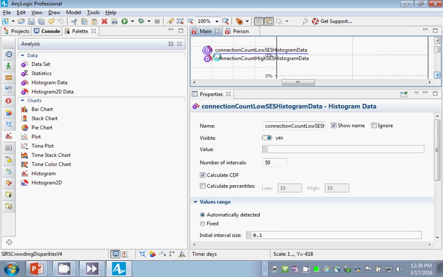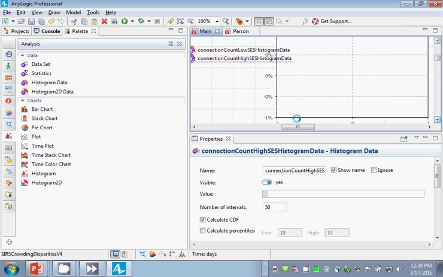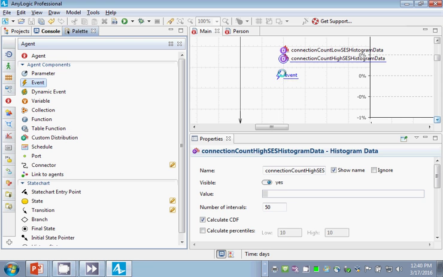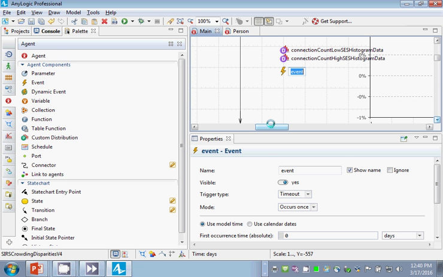Okay, ladies and gentlemen, these are the two things that we want to fill in. And we're going to fill them in only once, because we've seen models with dynamic networks. We saw that yesterday. But here, the networks are static for this particular model. So we're going to add an event, and this event's just going to go off at one time. So this would be compute connection, or maybe it should be called populate connection count histogram